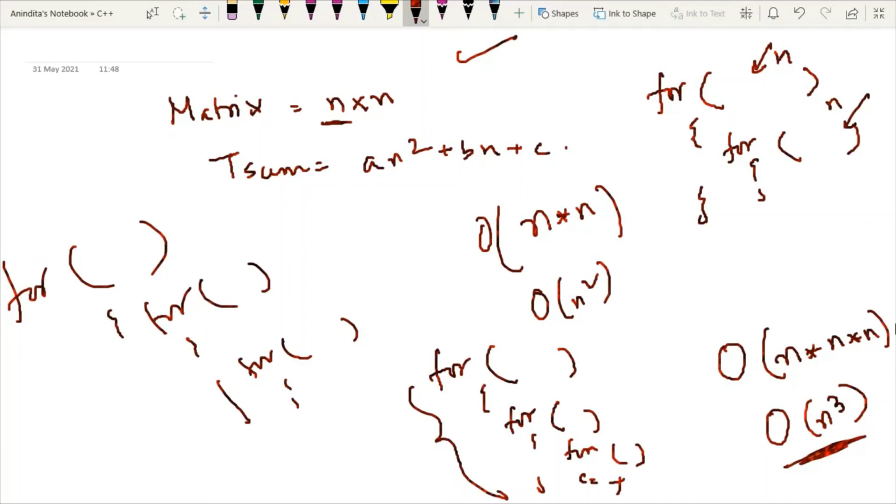But according to this formulation, if I talk about the general time complexity for the sum of elements of the matrix, it will create one polynomial equation, or you can say a quadratic equation, whenever your matrix is a square matrix. So this is the general term, but this is the convention that you can use for further time complexity analysis. How many loops you are using in your particular code, that matters.